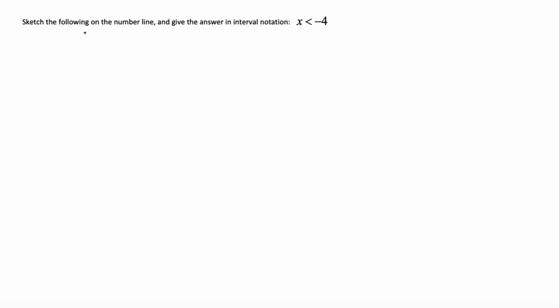Sketch the following on the number line and give the answer in interval notation. So the inequality we have is x less than -4. We see here that the x is already by itself, which is good, right? So now all we have to do is draw the number line,